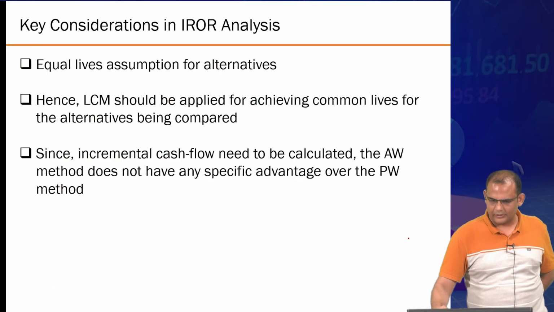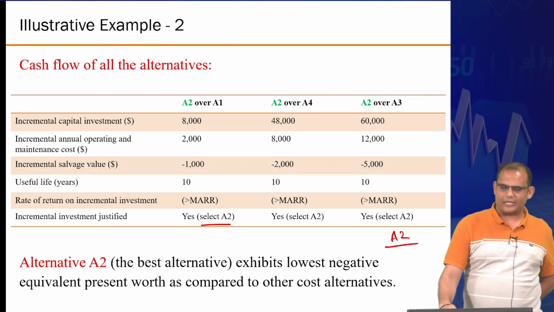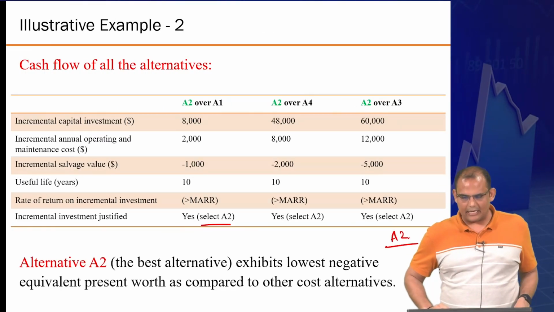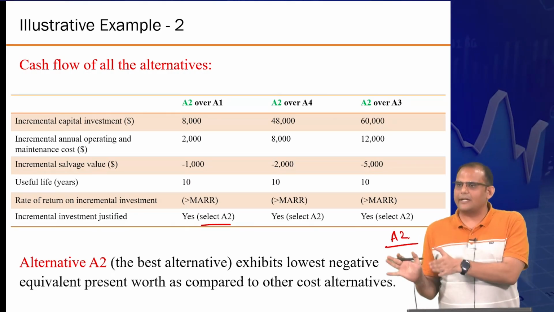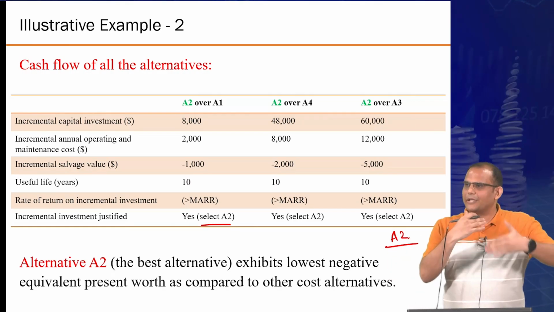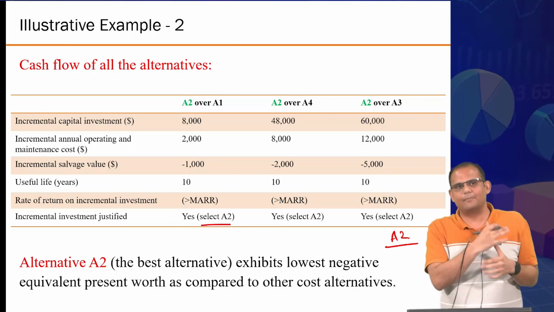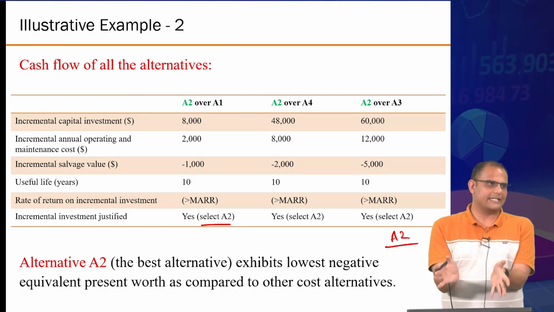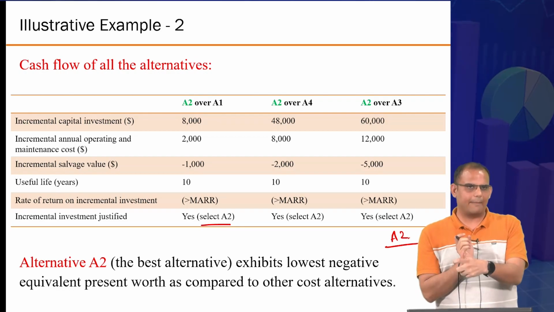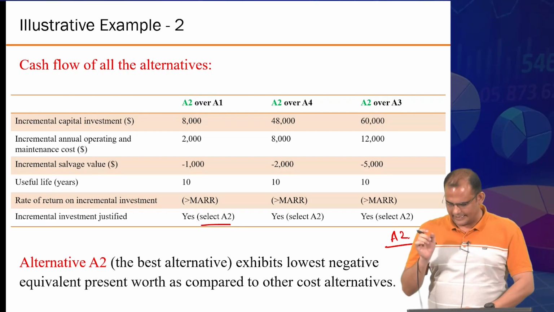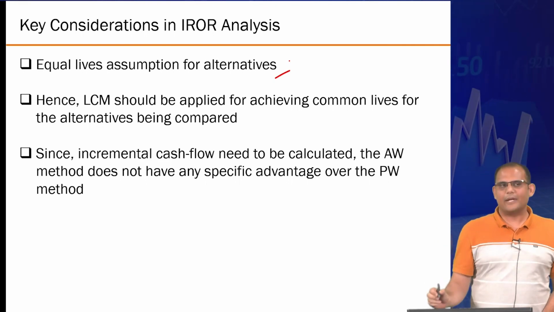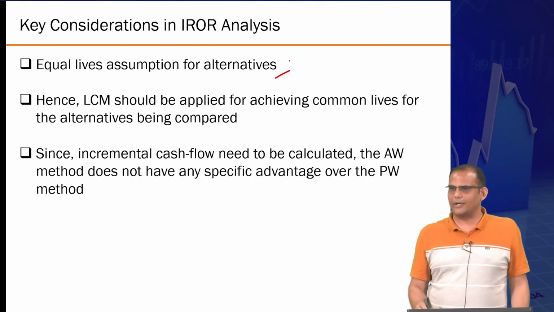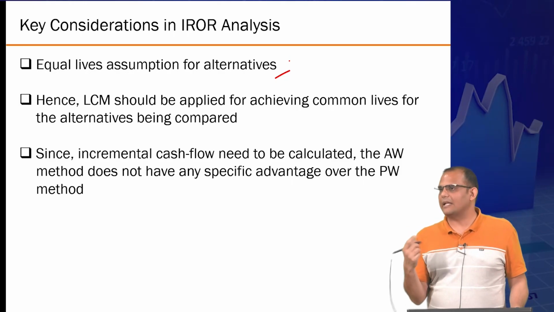Right? So this is essentially the IRR related technicalities. The method is very simple. When I have to introduce it formally, the language becomes a bit more cluttered. But I hope this example helps you understand what's actually happening, and it's a very systematic and easy thing to do that way. Again, re-emphasizing, you have to make the equal life assumption, because otherwise the incremental cash flow series cannot